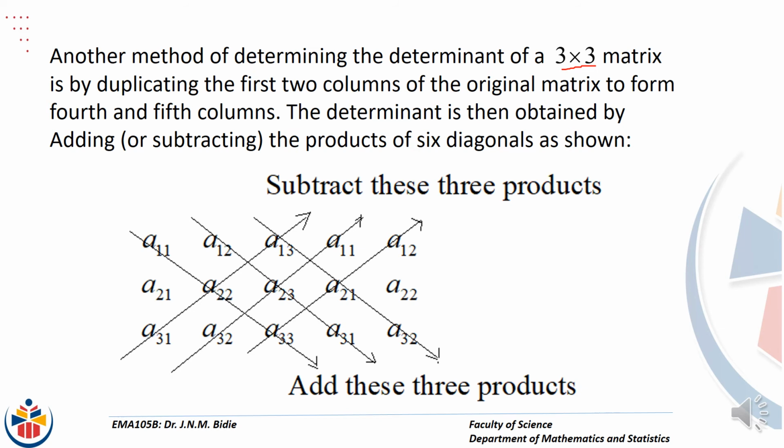Note you multiply. So it should be A11 times A22 times A33 plus A12 times A23 times A31 plus A13 times A21 times A32 minus, remember we subtract those ones, A31 times A22 times A13 minus A32 times A23 times A11 minus A33 times A21 times A12. That's another method